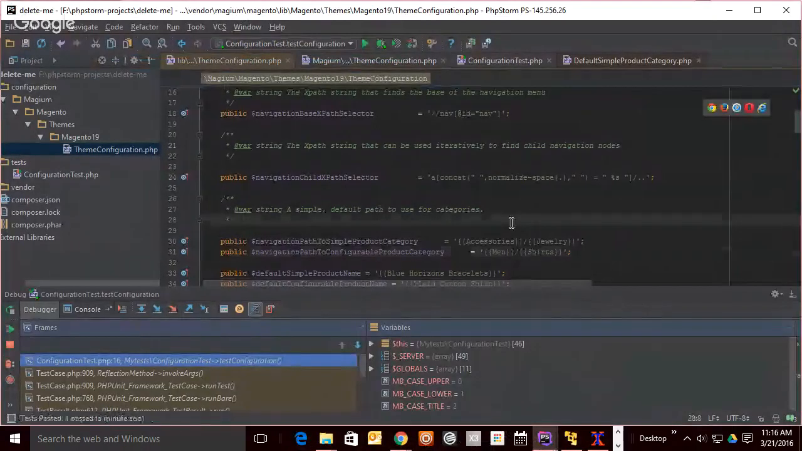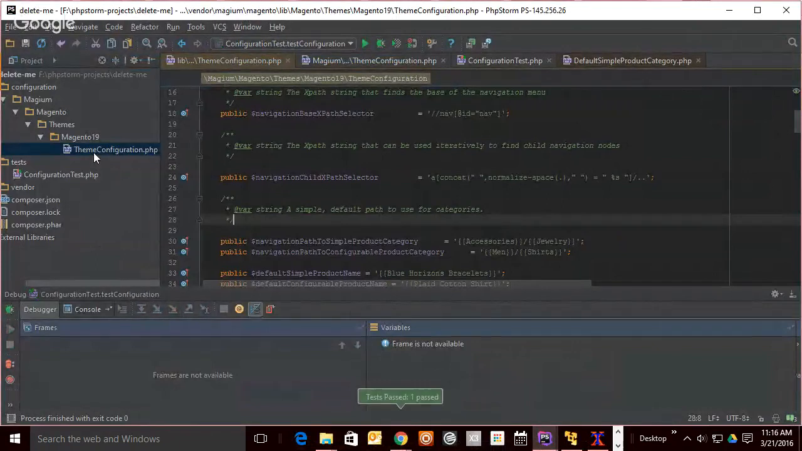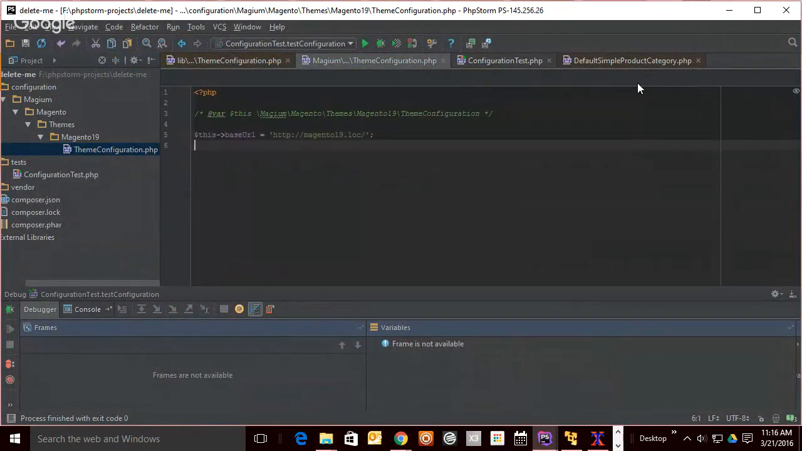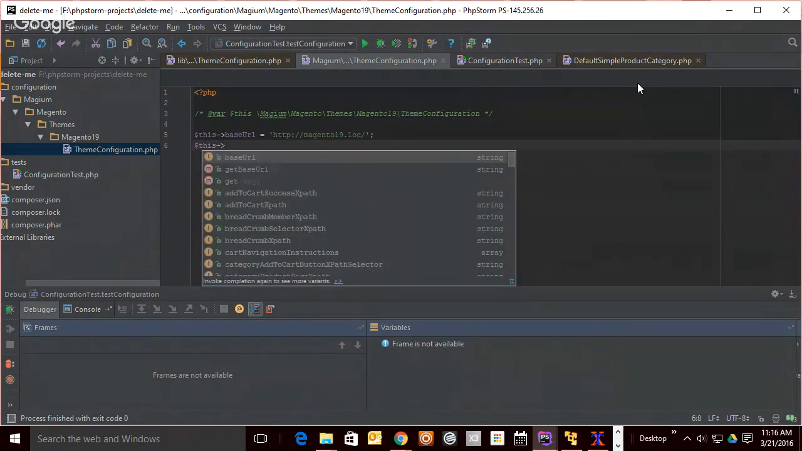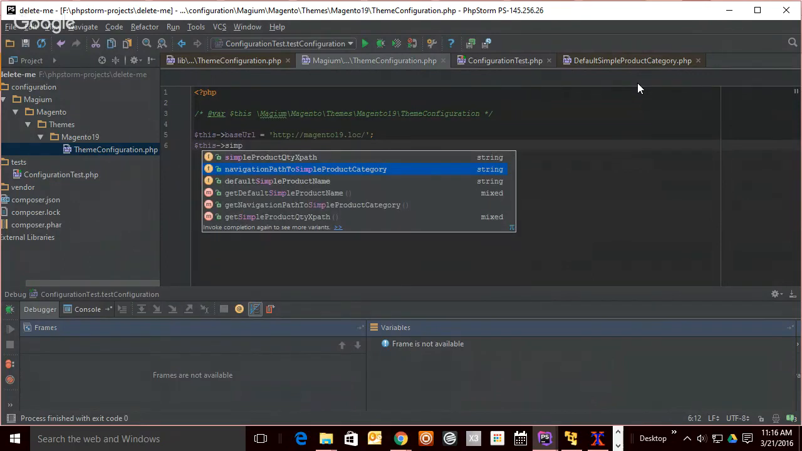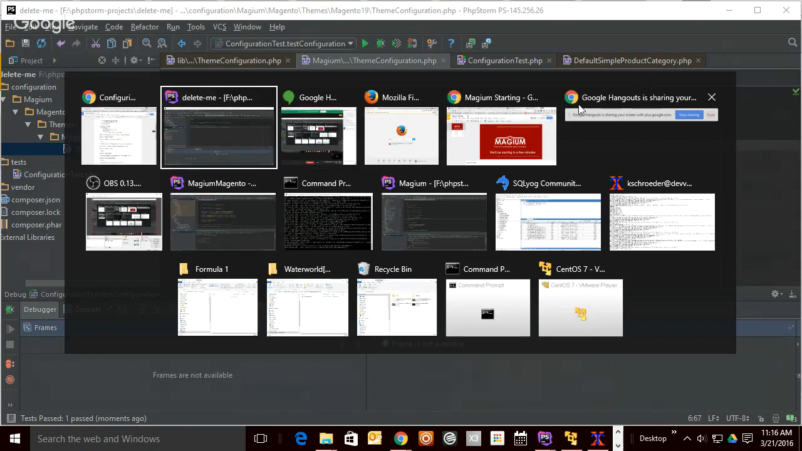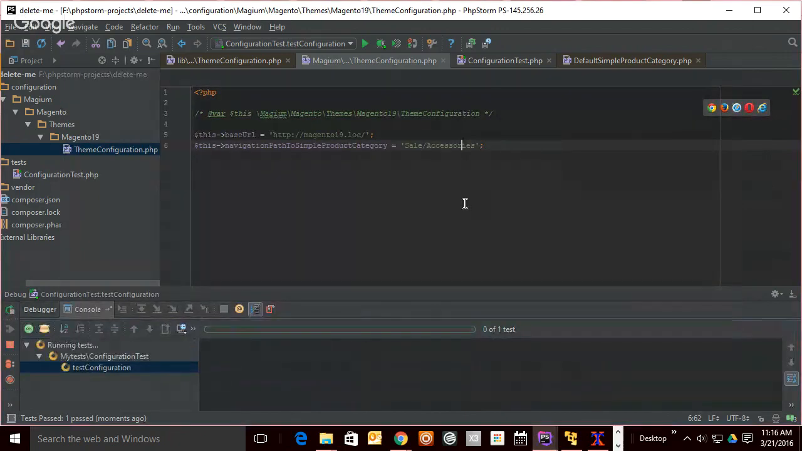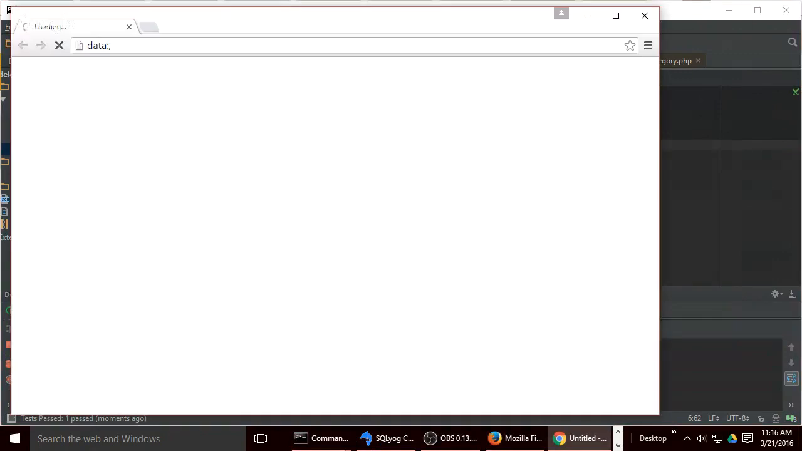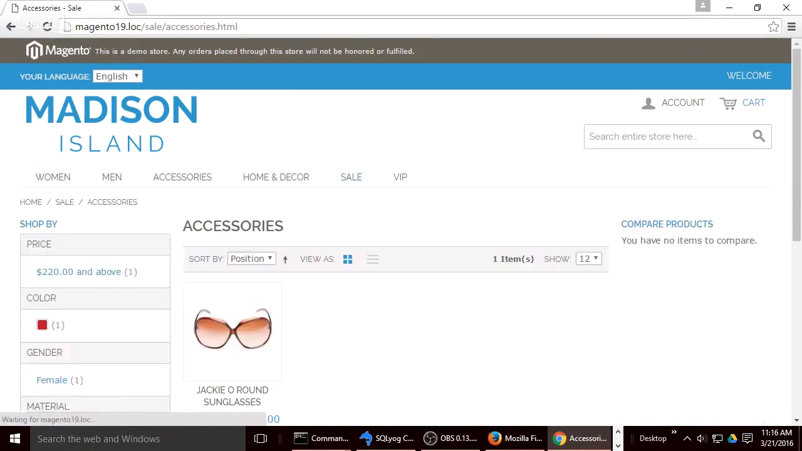So let's finish up this debug session and go back to our theme configuration. And we're going to, again, we know we're looking for the simple product category, so we're going to do this. We'll just type in simple navigation path to simple product category. There we go. And type in sale/accessories. And this time, run it. And now we're going to